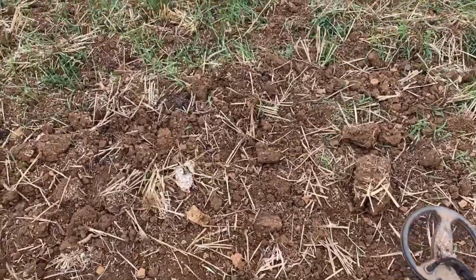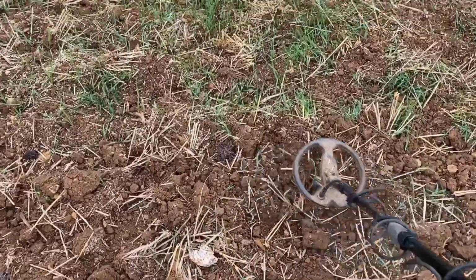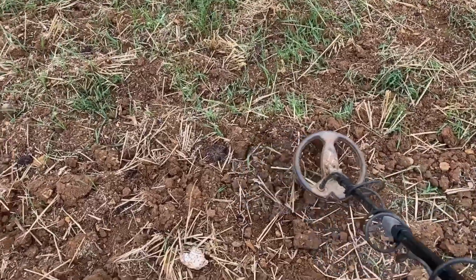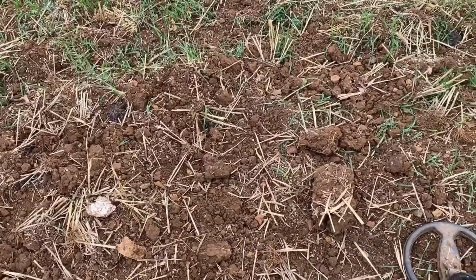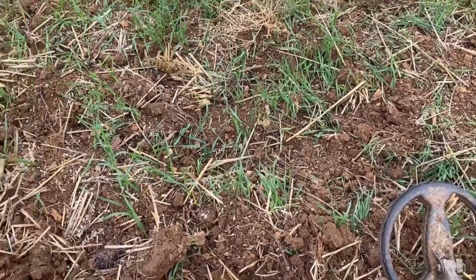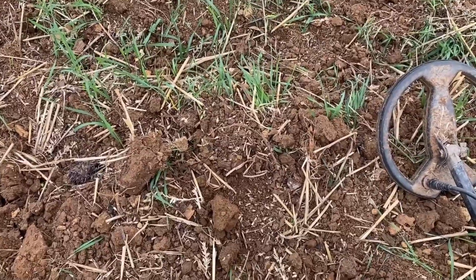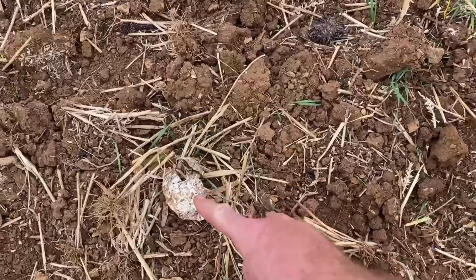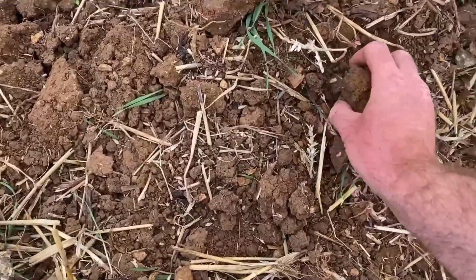So someone else has very kindly had a dig here and left their tin can. But there is something else. Probably another bit of tin can, but let's see. Oh, so this might well be the moment where the worst weekend of metal detecting that I've had in a long time becomes a pretty good weekend. Well, maybe. Because I think whoever's dug this tin can up has missed something, because I didn't even need to dig. This here